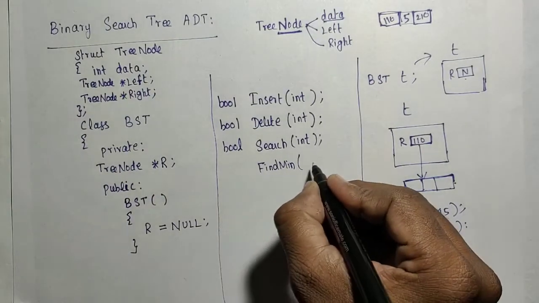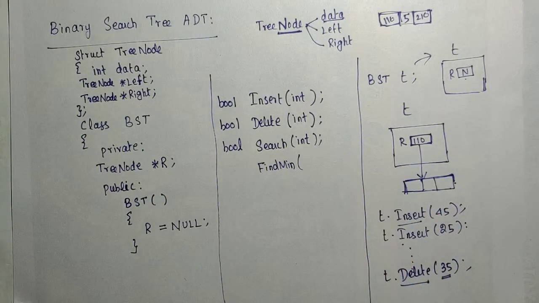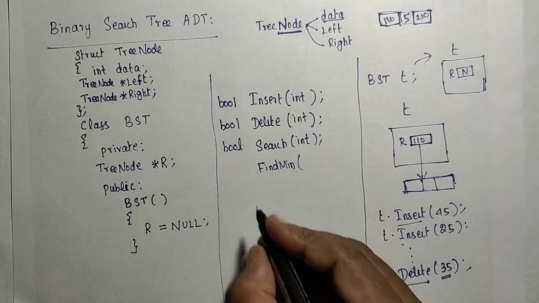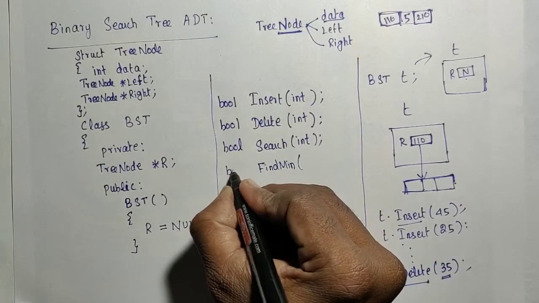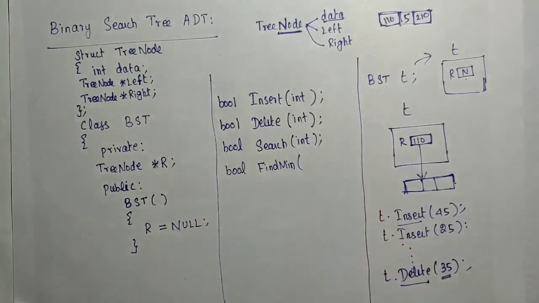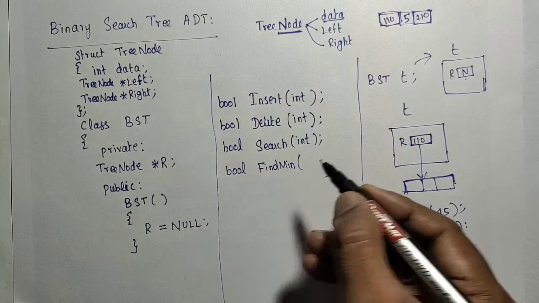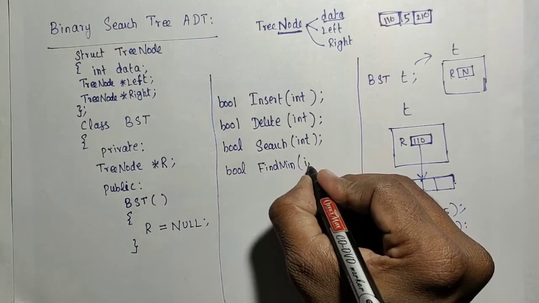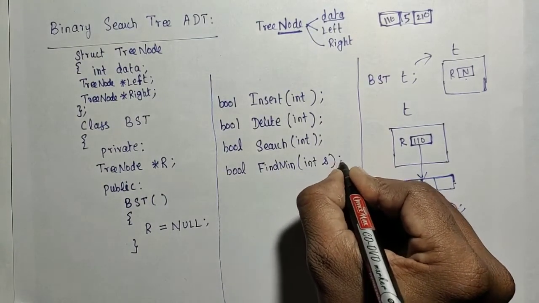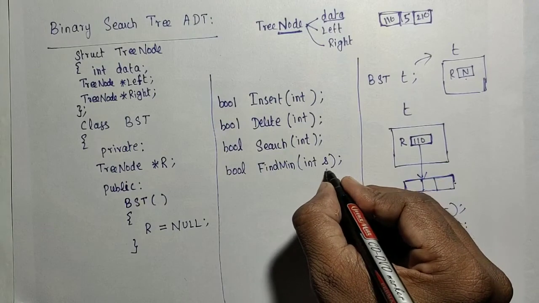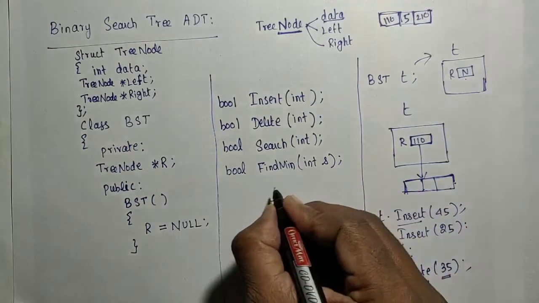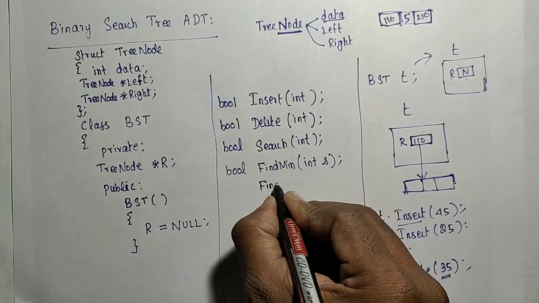I can make it only true or false also. If the list is empty, we cannot obtain the minimum value. So we can use boolean as the return type, that is success or not. And then the minimum value should be obtained from find min. So this has to send another output. I need to pass one output variable with an ampersand. It means that this is going to bring the minimum value. So this is an output variable.